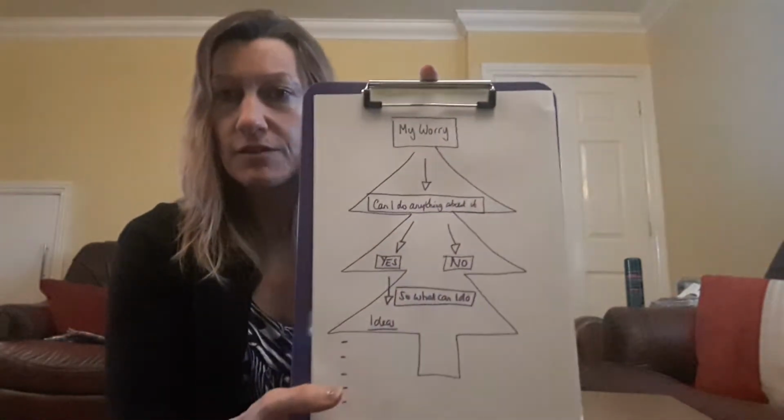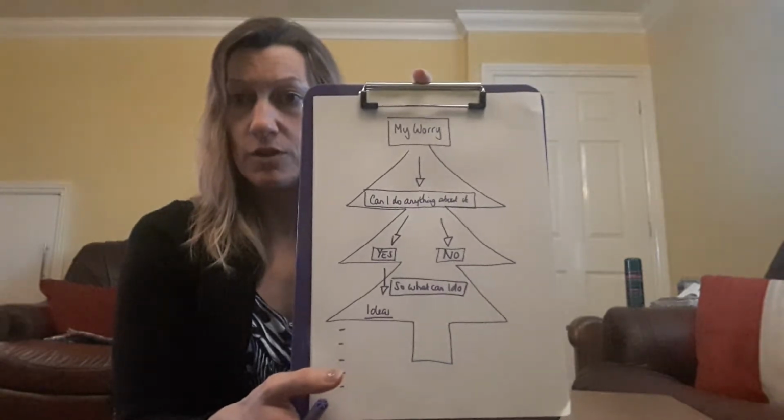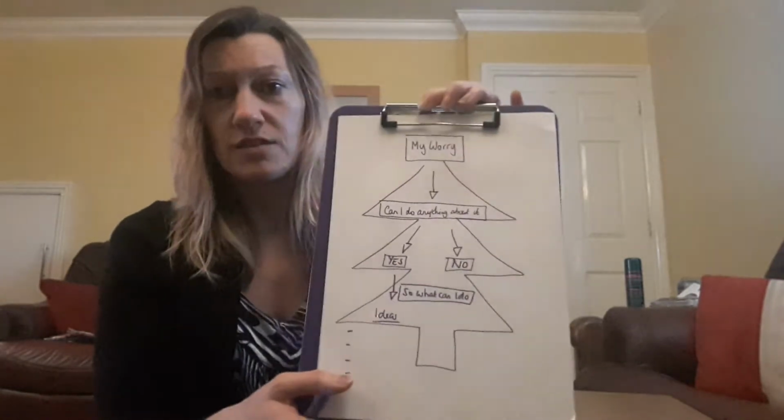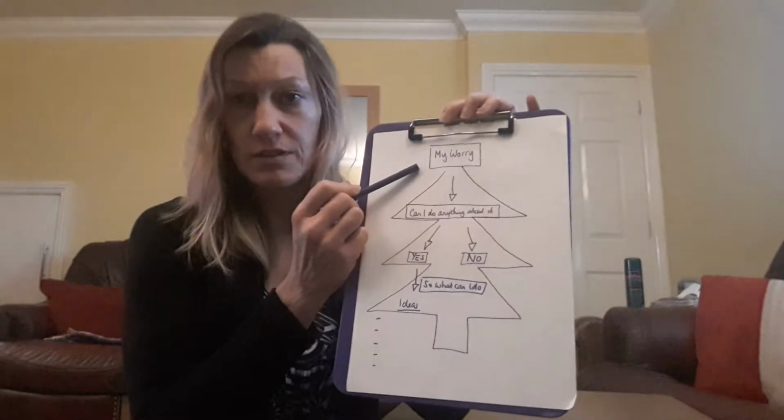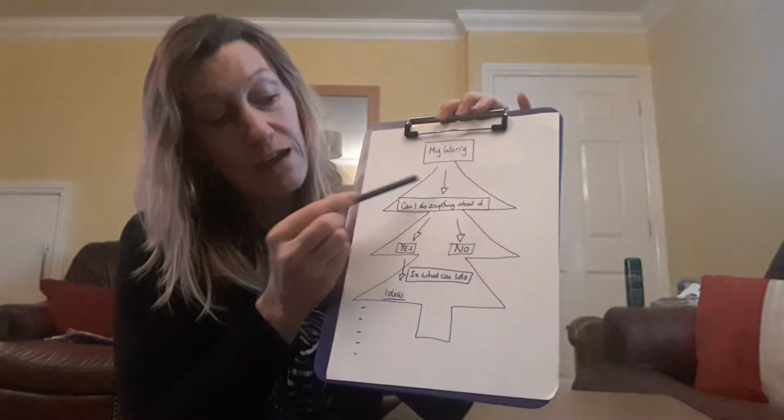So then when we come to 4 o'clock and we come to focus on the worry, we can use the format of the worry tree. Now the worry tree looks a bit like a Christmas tree. So this is it, and I haven't completely finished filling in all the sections of it. But what you'll notice is that you've got my worry at the top. So it's like the star or the angel on the tree. And from my worry we have an arrow coming down.